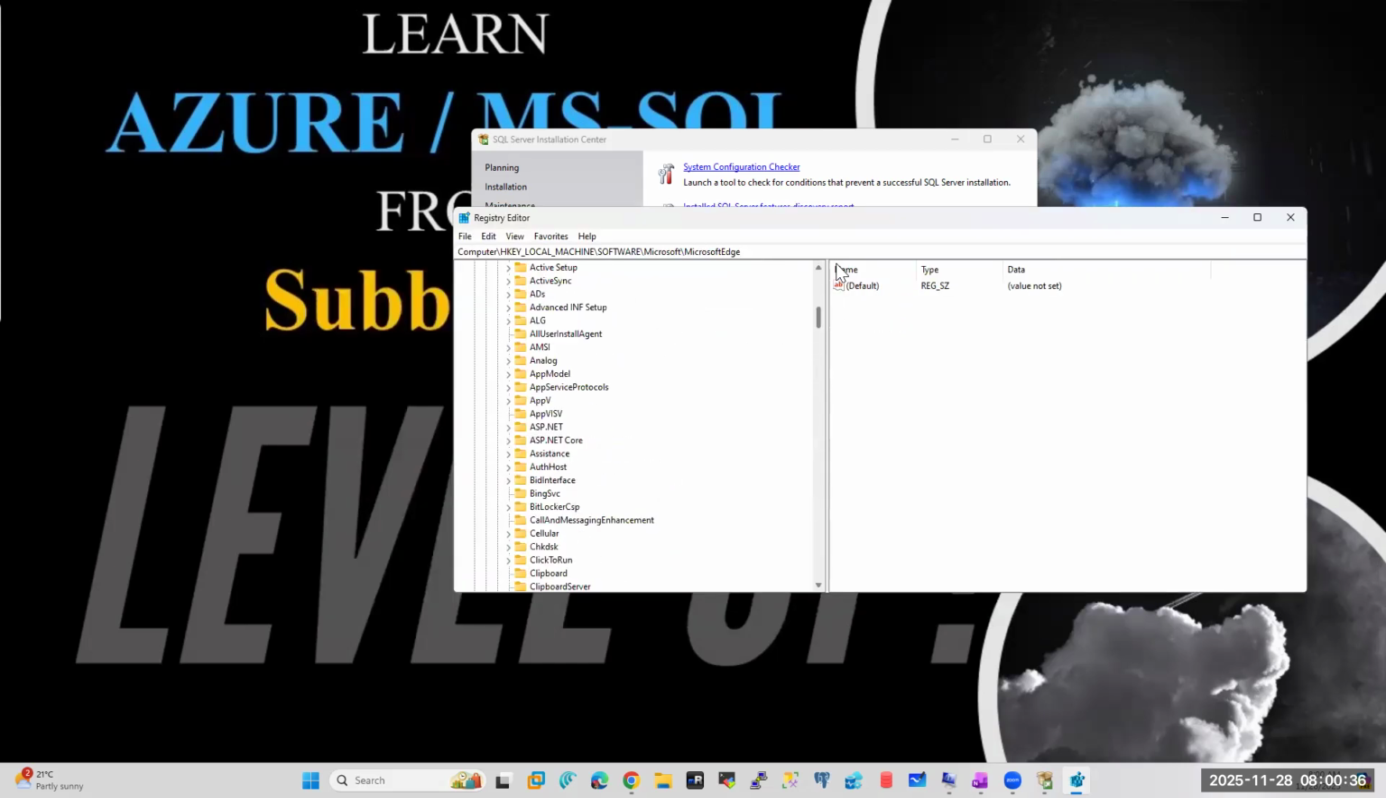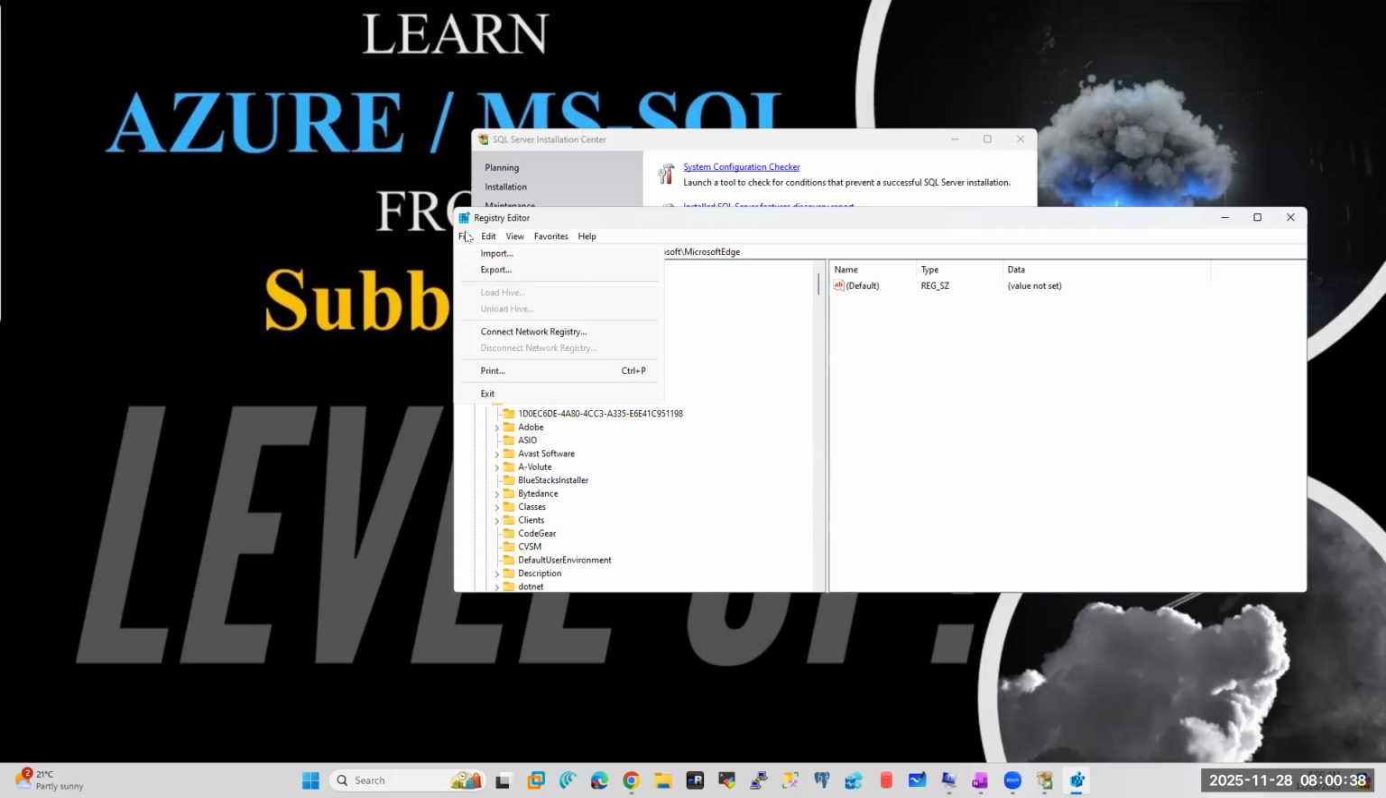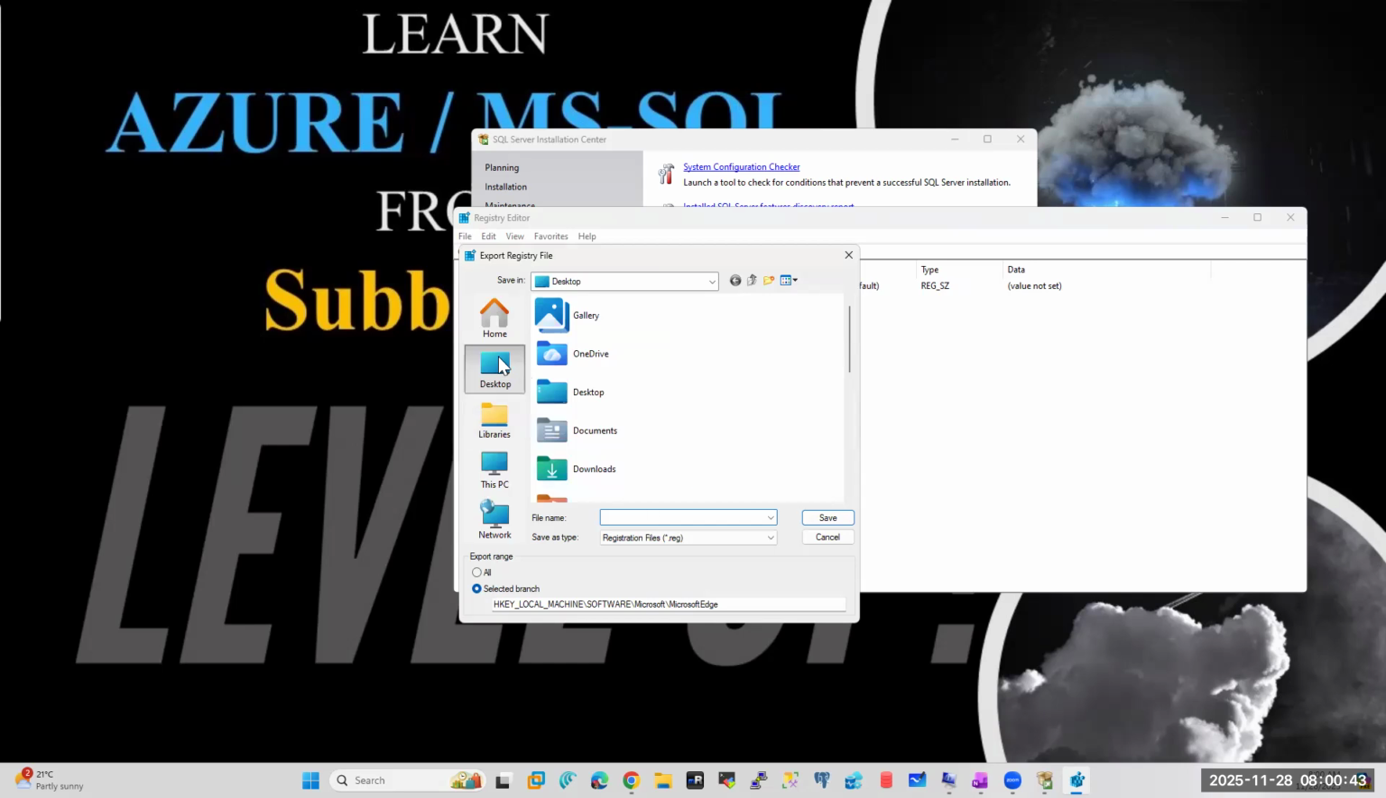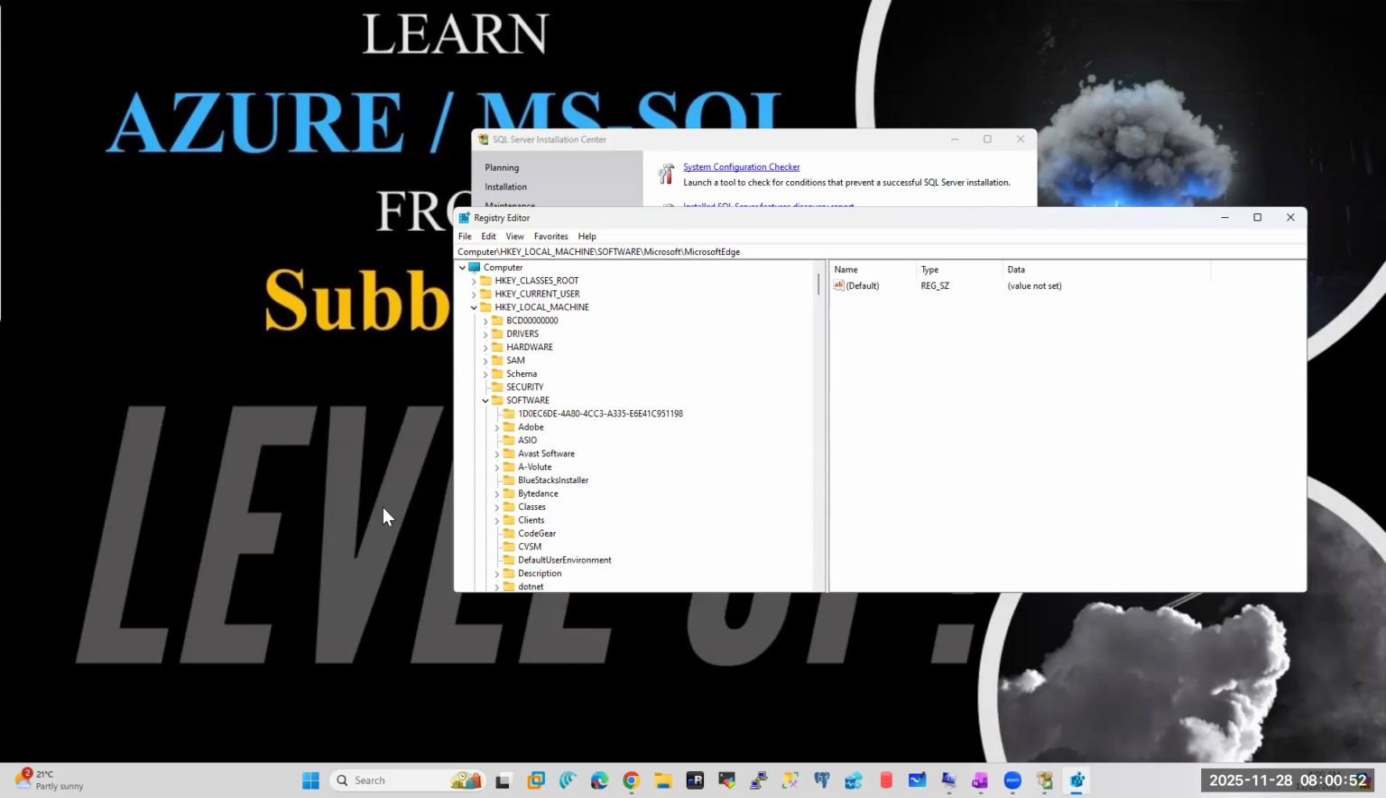Now what you can do is take the backup of the registry, everything, and keep it on the desktop as regedit-backup, just for safety purposes. Please don't forget. This is how it looks. Please don't forget, while you are starting the installation, to take the backup of the registry keys, because we are not guaranteed